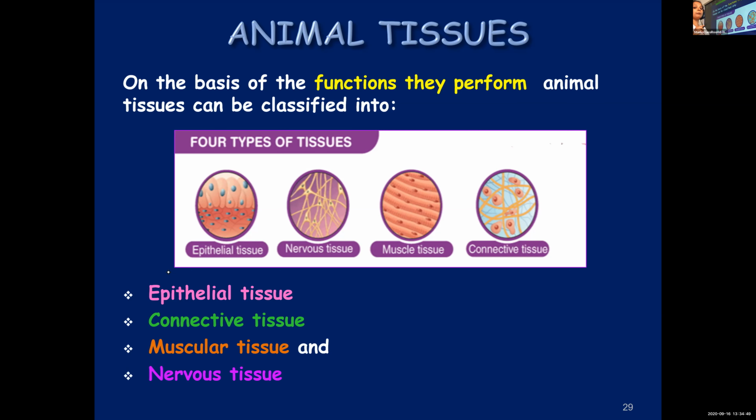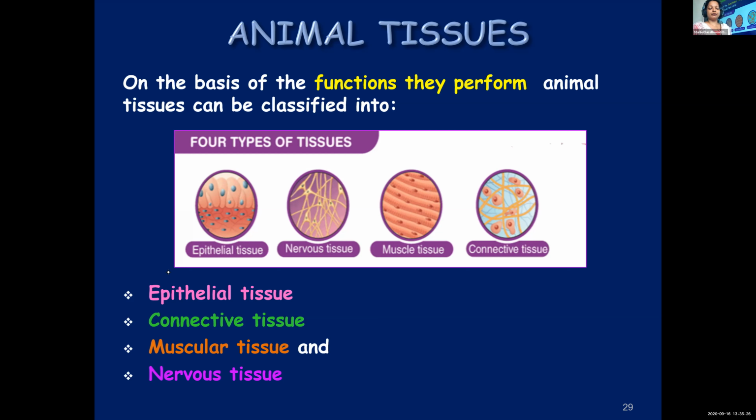Once again, epithelial tissue. I know these are new terms, so you can write all the new terms 5 or 10 times and learn. Otherwise, you will make mistakes in the spellings. So please write it. You can decide how many times you need to write. I'm not telling you to write 10 or 25 times. If you can learn by writing 3 times, you need to write only 3 times. But if you need to write it many times to learn, accordingly you can do. Epithelial tissue, then connective tissue, muscular tissue, and nervous tissue.